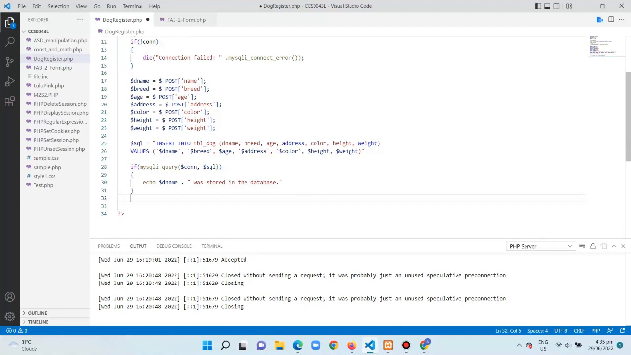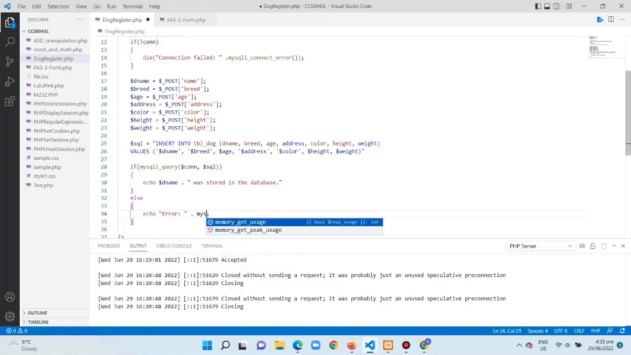Okay, so when we're done with that, then we can just go with the else part. On the else part, you just have to provide an error message. So you just need to use the error string and concatenate it with the function of MySQLi error. And in order for you to do that